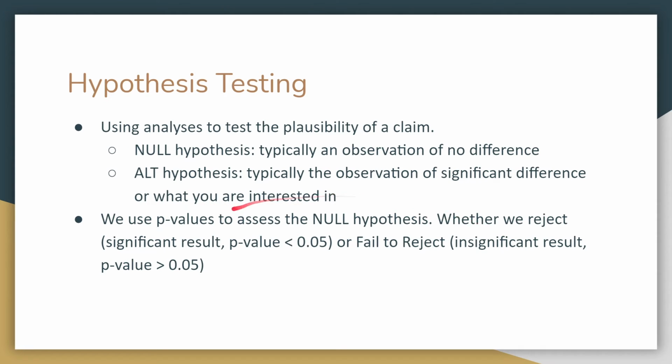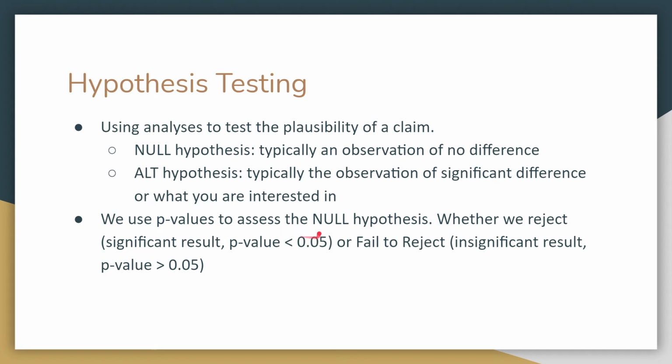So whenever we're using p-values, it depends on the field, but a p-value that's less than 0.05 is going to indicate a significant result, and we are able to reject the null hypothesis. And the p-value and this alpha level are going to depend on the confidence level that your specific field requires for significance. So in some fields it might be 0.01, based off of a 99% confidence level,